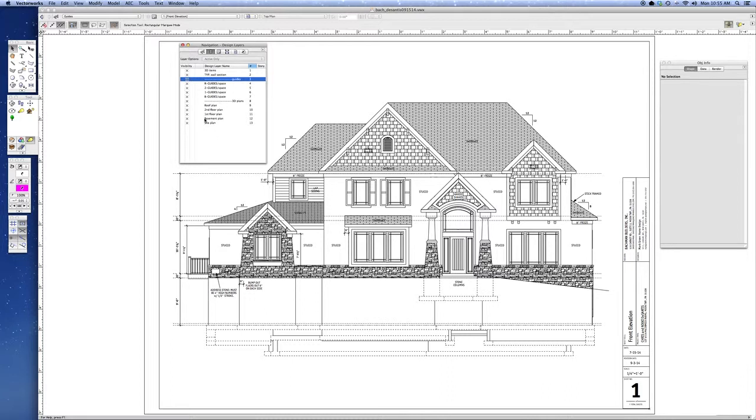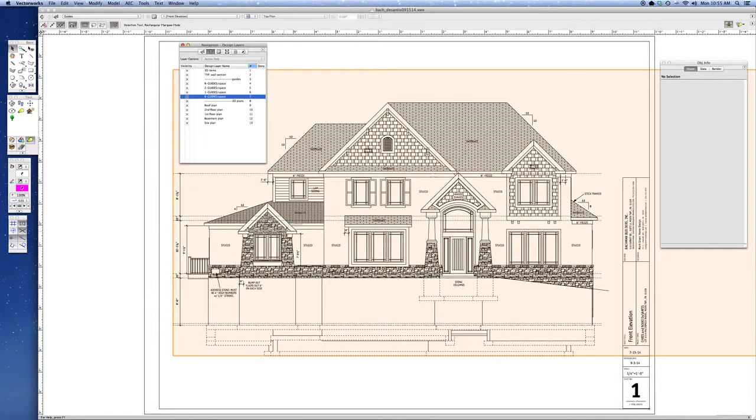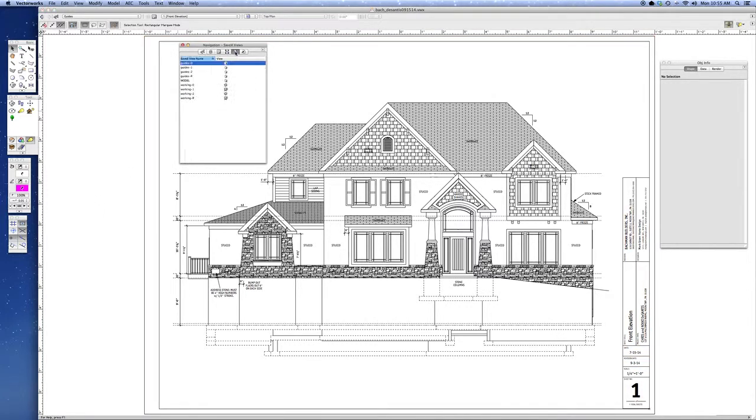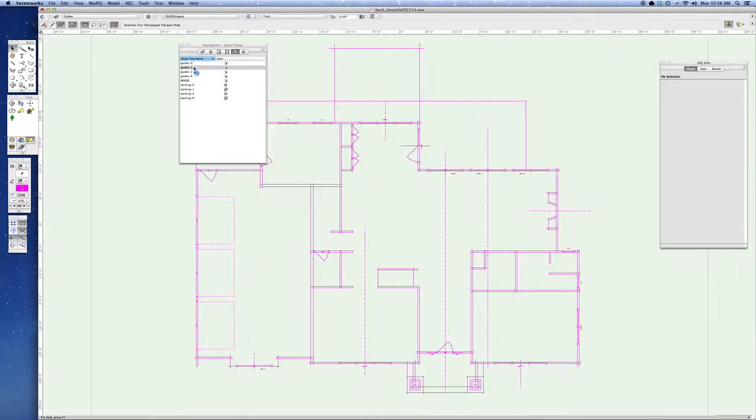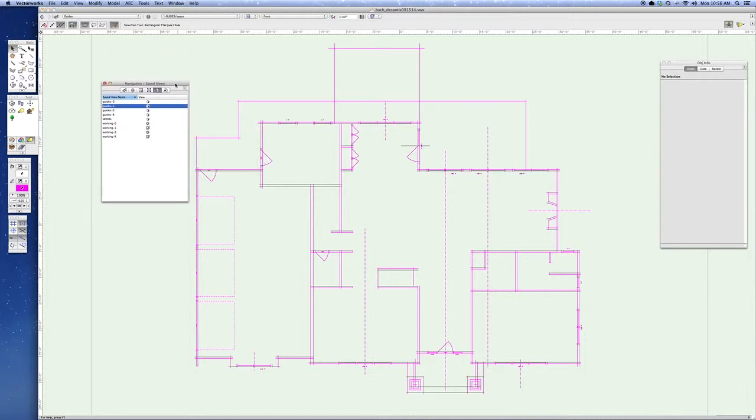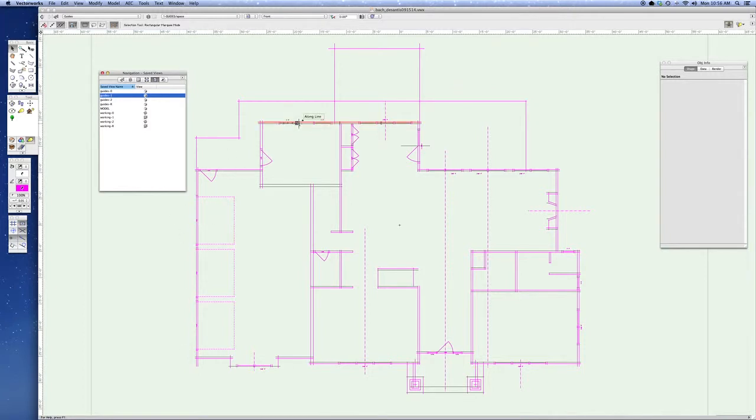So each design layer has its own corresponding guides layer. These guides layers are really just a place where I lay down some guidelines while I'm going through the design process with a client. So I'll just show you what this house's guidelines look like for the first floor. So I'm just laying down walls. So these will provide a guideline to be able to trace around for putting your walls down, or for creating floor slabs or deck or porch slabs, that kind of thing. So that's the layer that I use